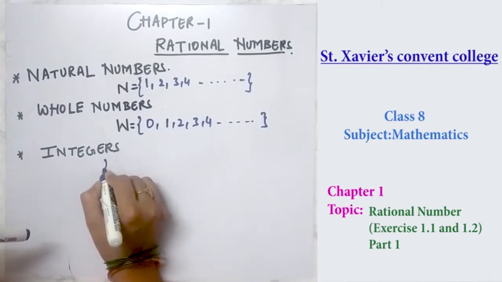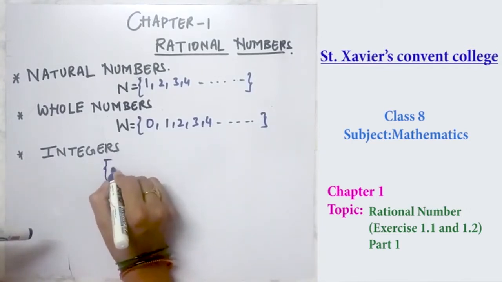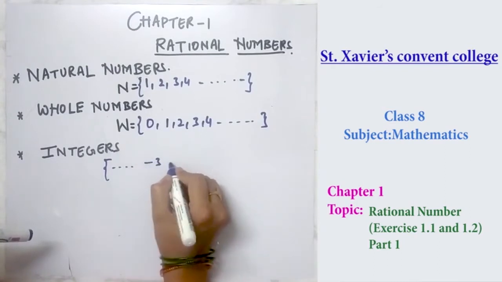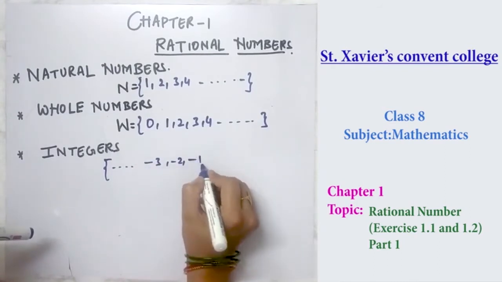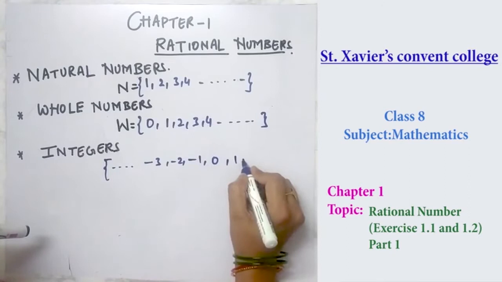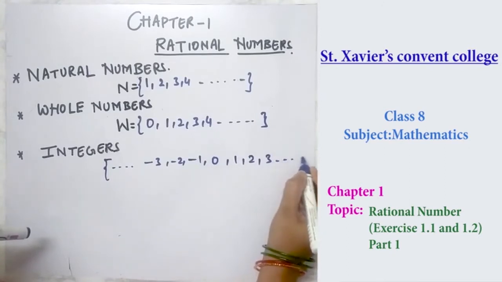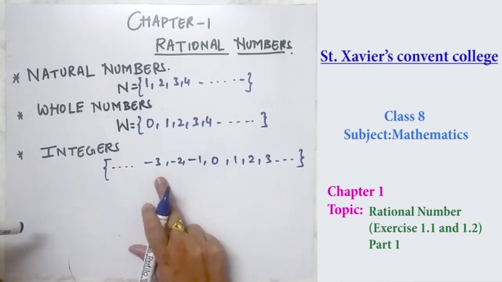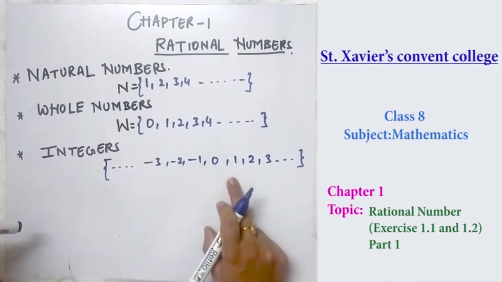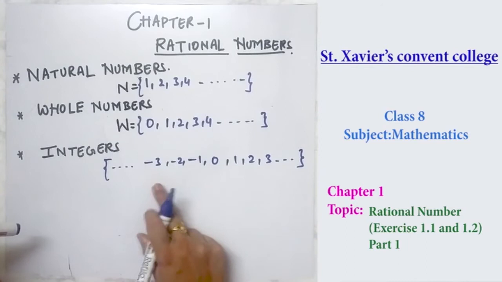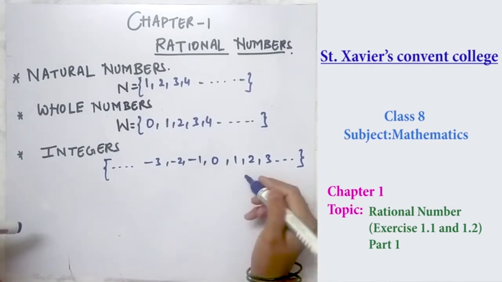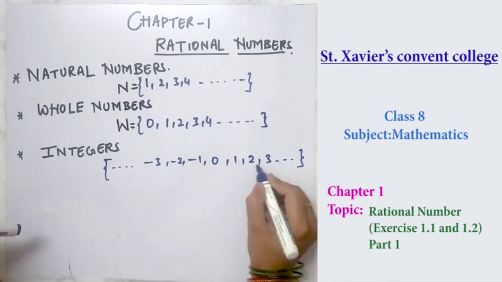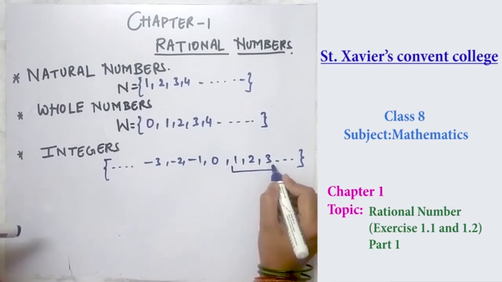The integers start from -3, -2, -1, 0, 1, 2, 3 and so on. So it has positive natural numbers, negative natural numbers and 0. So these 1, 2, 3 are called